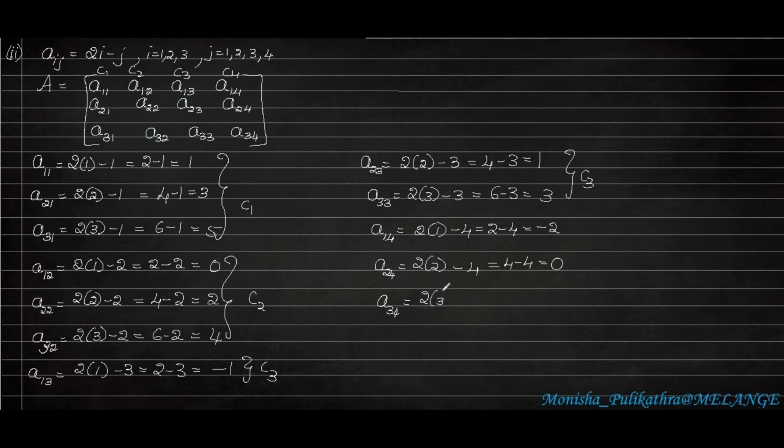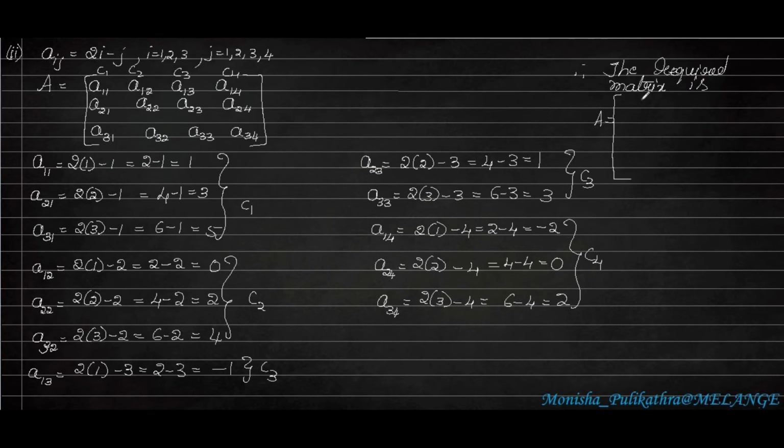And 2 into 3 minus 4, 2 3s are 6 minus 4 is equal to 2. So this is for column 4. I hope we got the answer for all the columns. Therefore, the required matrix is A is equal to,